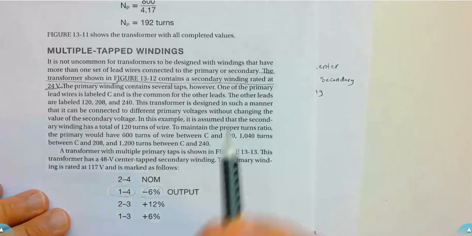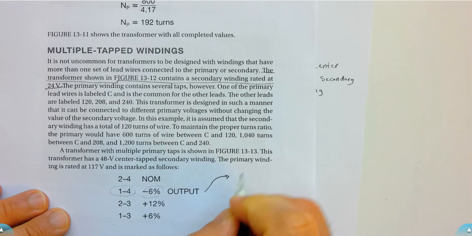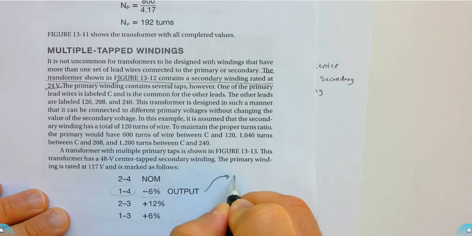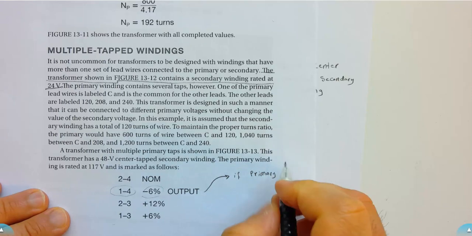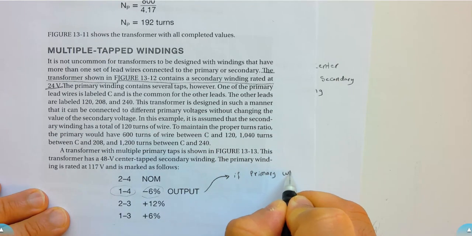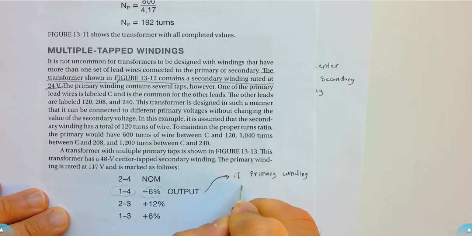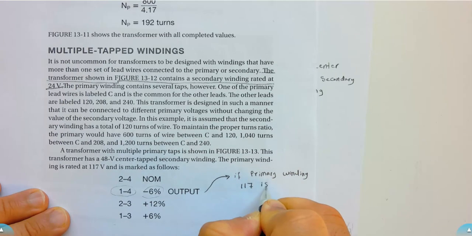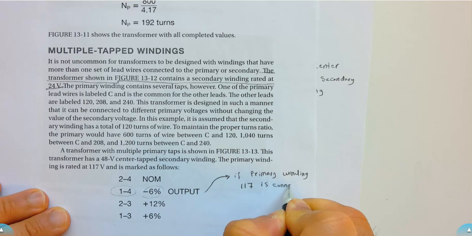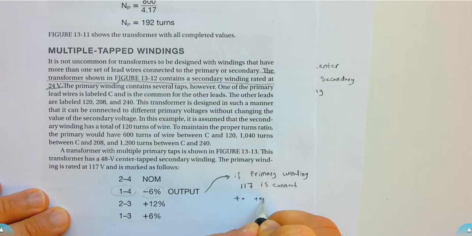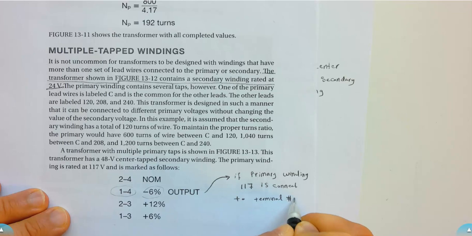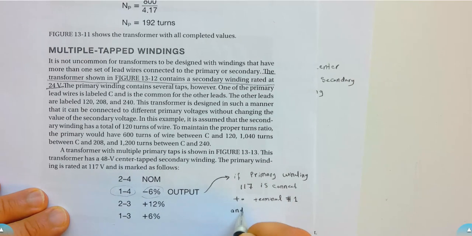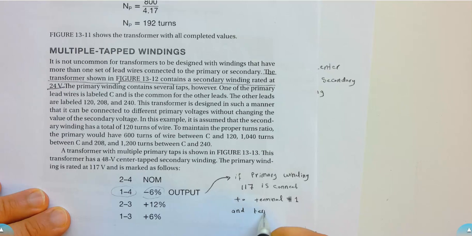Minus 6% output means that if the primary winding with the voltage 117 is connected to terminal number 1 and terminal number 4,